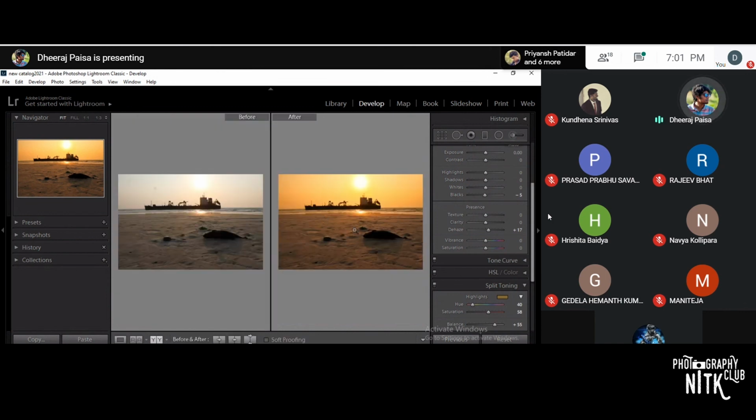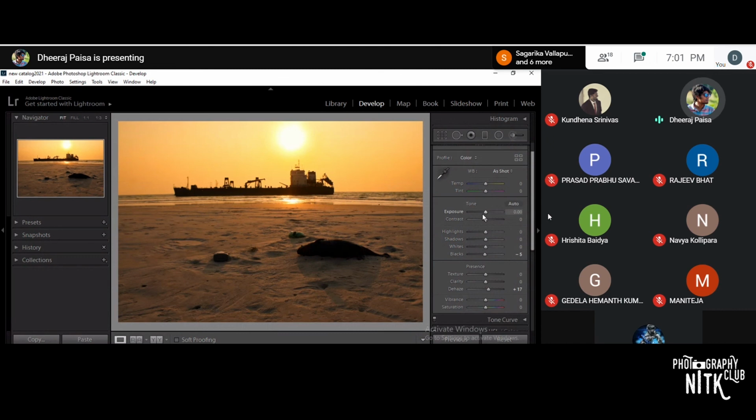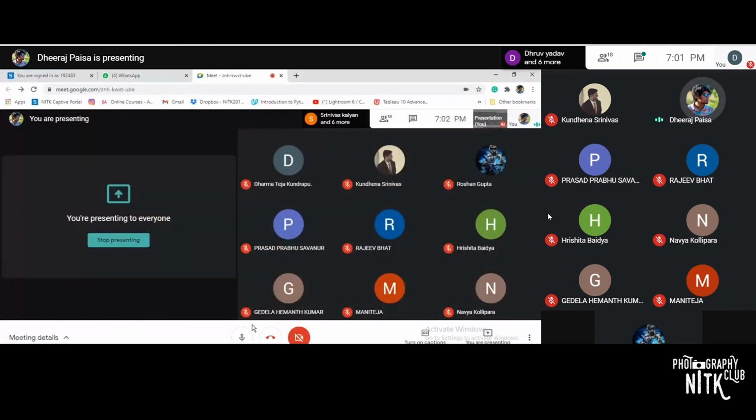Using simple split toning and other options, we changed this image from a normal image to a golden hour image. This is how we use split toning. It's very much useful. So you have to keep practicing all this stuff, otherwise you'll get confused about what is what. So keep trying, keep practicing editing images.